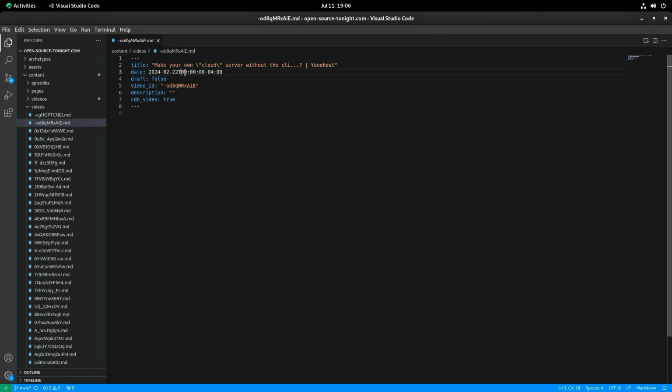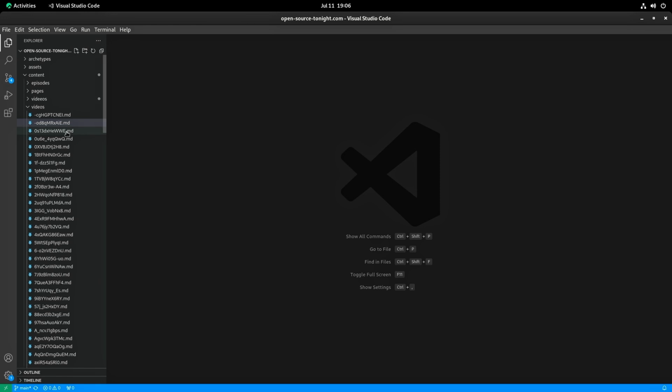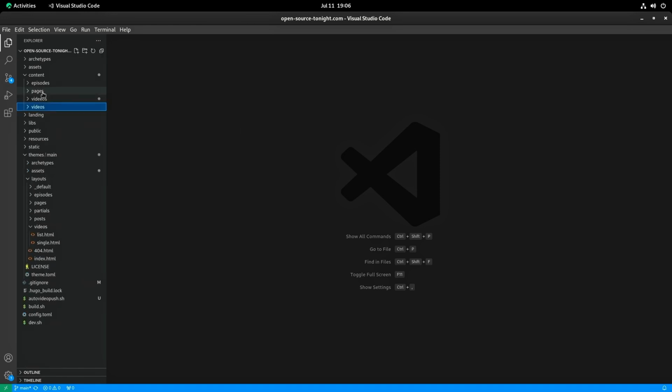And I often just set this to midnight local. You don't have to do it that way, but I often am posting these on the website after they've already been published. You can use this for scheduling if you do this at the right time. I like to just usually set it at midnight. If I do it ahead of time, I will set it for the actual time and date of the video's release, though. That's just a simple markdown file.